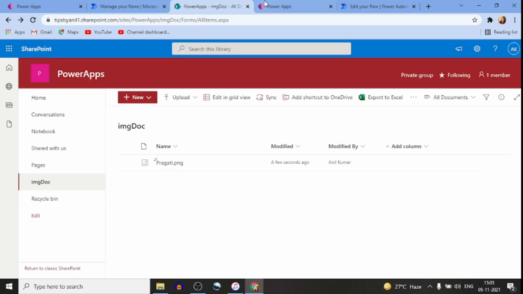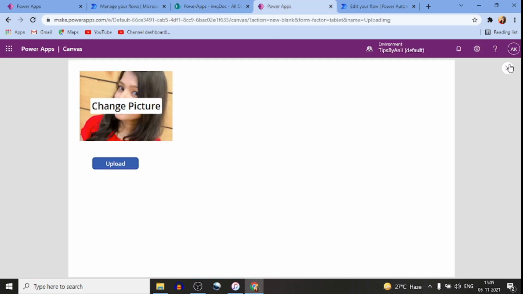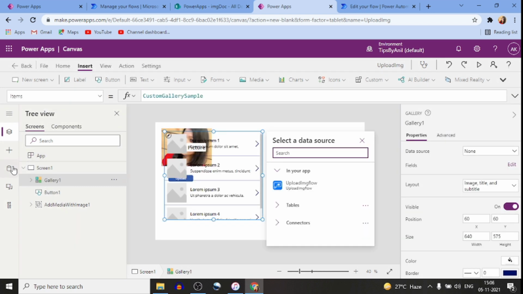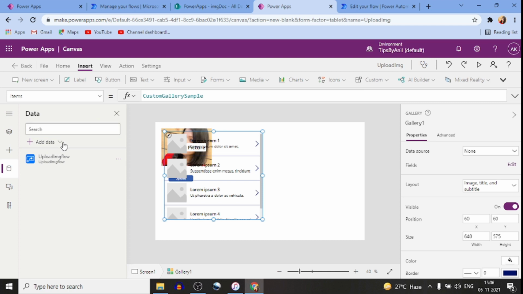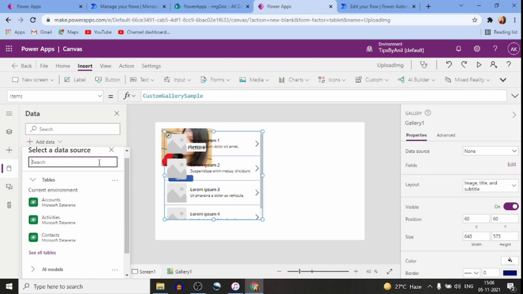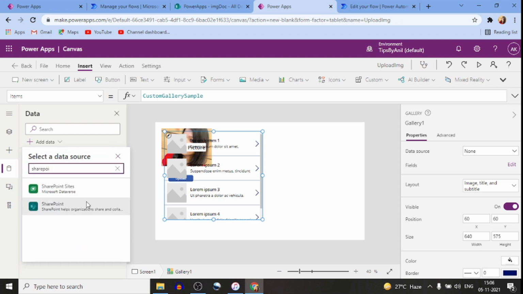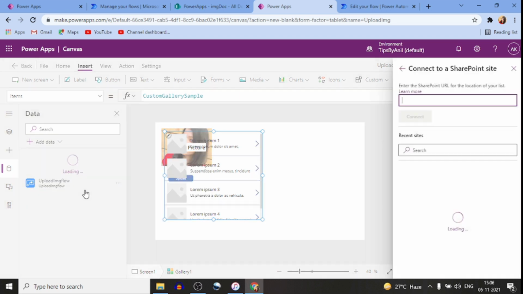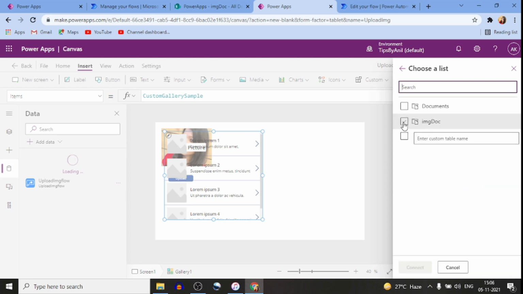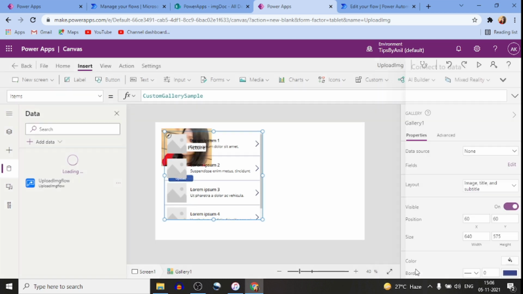All right, now I will bind this image in the gallery. So from here I will choose a vertical gallery and go to the data source. From the data source I will add a SharePoint data source, this image docs. Click on connect.